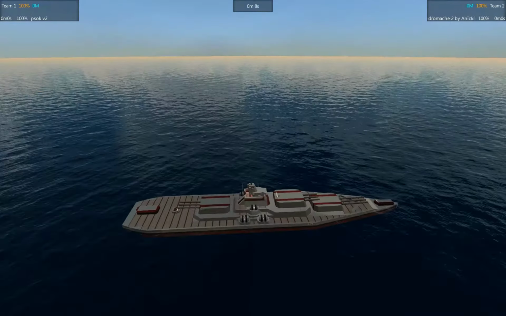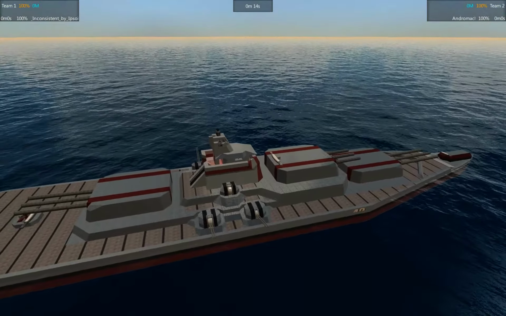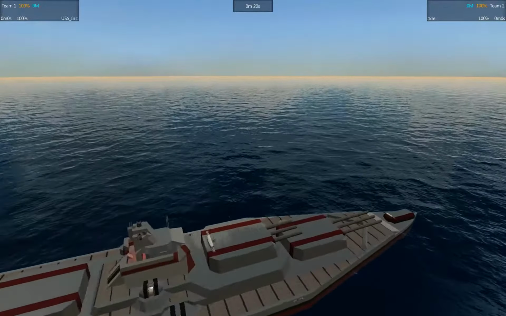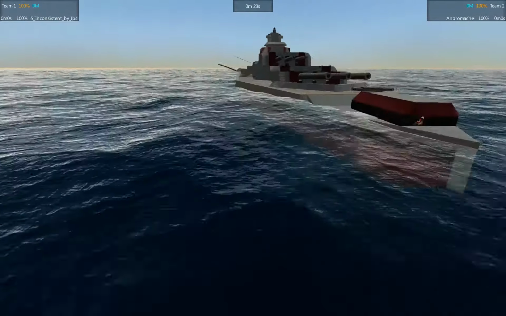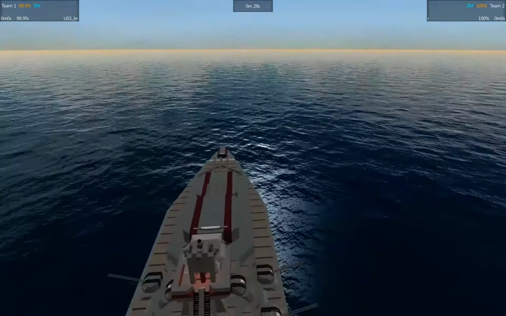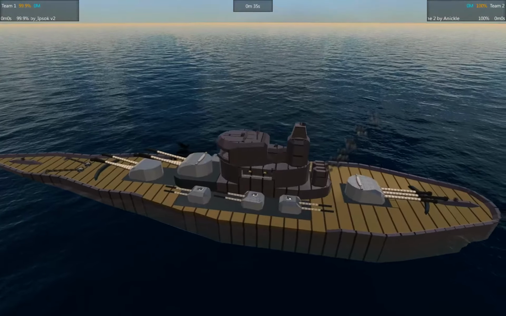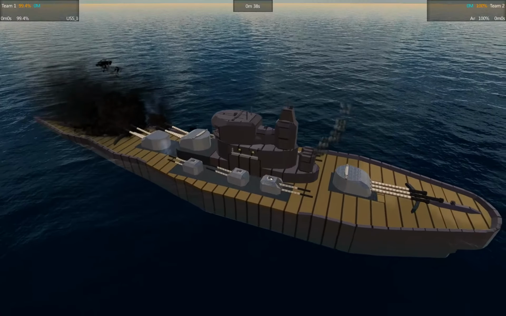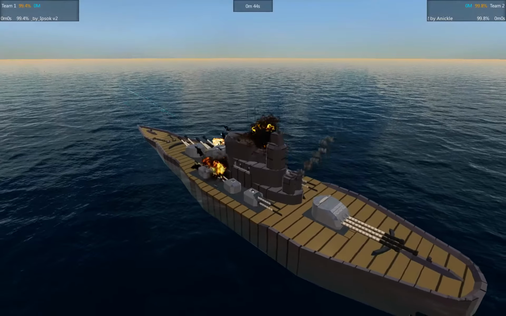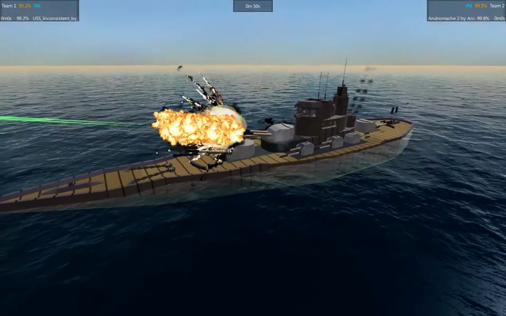In today's episode, we've got USS Inconsistent by IPSOC. So, a heavy cruiser with some excellent torpedo armament, good guns, and somewhat inconsistent protection, I would say. And it's going to be fighting against a big boy, a battleship, Andromache 2 by Anico. So yeah, this is going to be yet another tough battle for IPSOC, I think, because